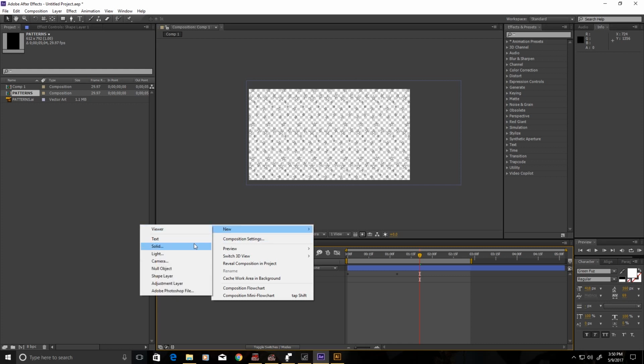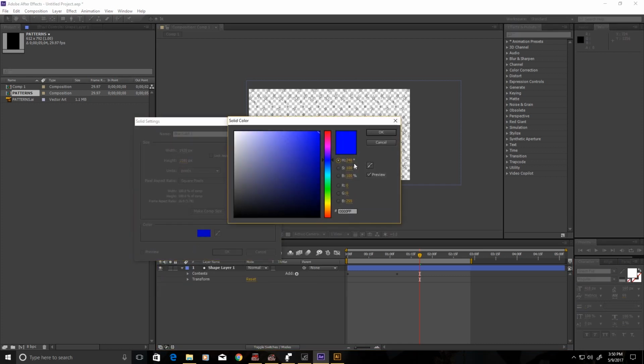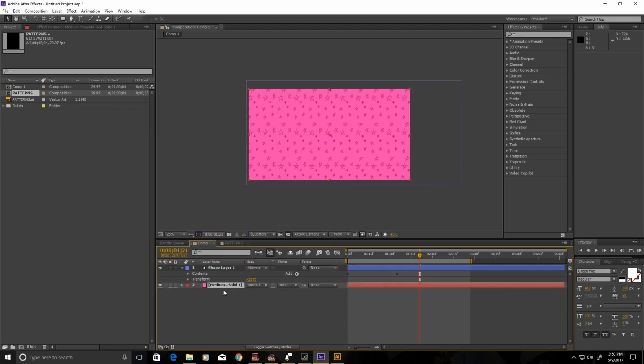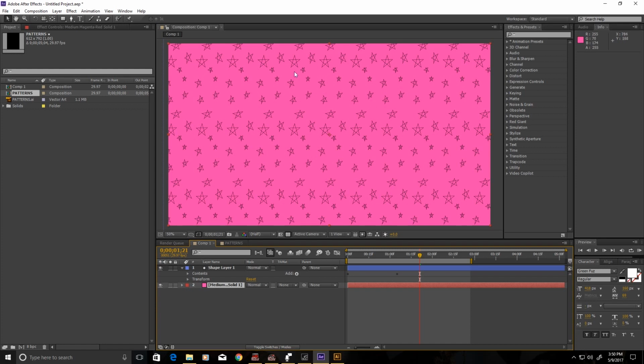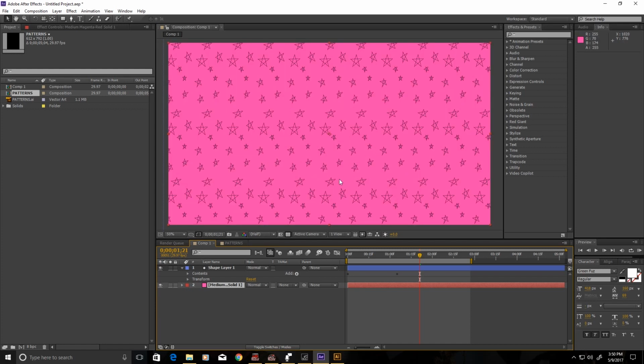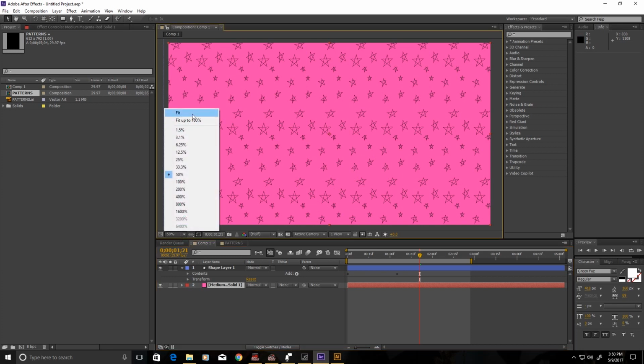Alright, so now we are going to start with new solid. And I believe I'm going to make it pink, because I do enjoy pink. Yeah, I very much like the pink. Alright, put that down in drawer. And as you can see, just right off the bat, these colors look great together. There's a nice effect. But just for the sake of,